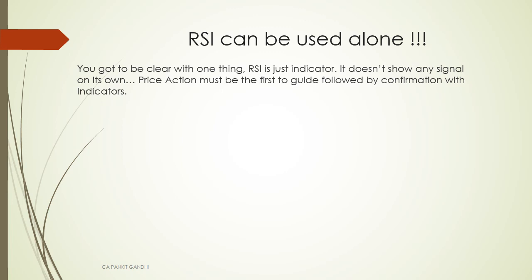If your stock is making higher and higher highs, and you take a buy trade in the context that it will go even higher, then you might go wrong. So you can use RSI as an indicator and say that no, the RSI is going down, I shouldn't take a buy trade. I should instead take a sell trade or wait for another signal.